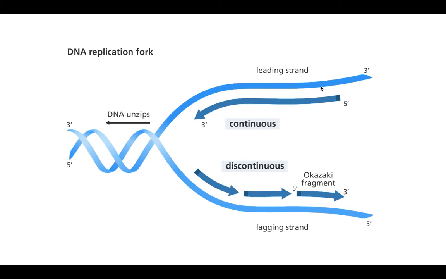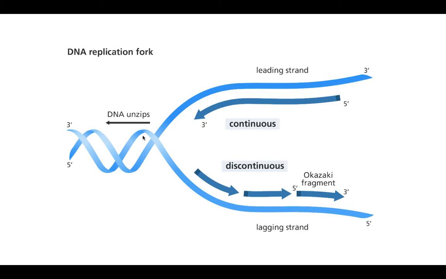So we're going to create a compatible matching set of base pairs to build this continuous new strand of DNA that's going to match up against this old strand of DNA. That happens continuously on the leading strand,